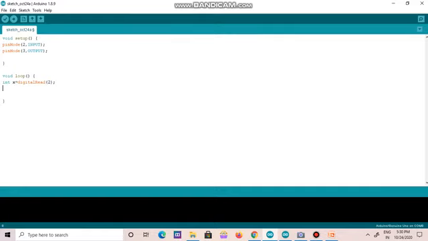Now, what is the next condition? We need to write the if condition. If x equal to HIGH, in that case, what should happen? digitalWrite, pin number 3 comma HIGH, semicolon. Next, else, what should happen? Else it should be off. digitalWrite, pin 3 comma LOW,